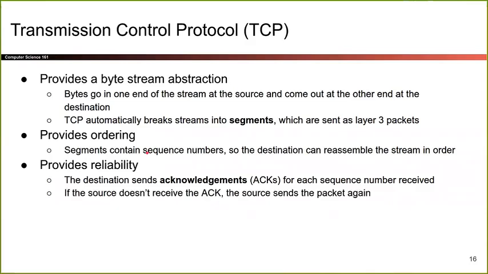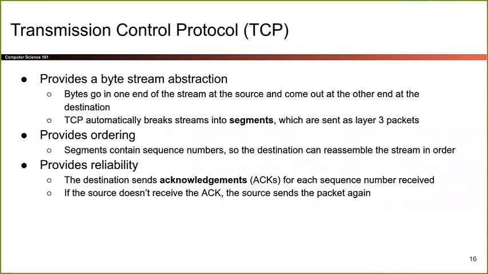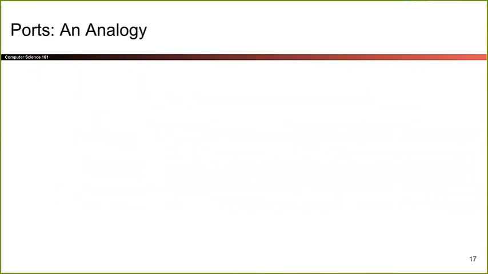And we said this also, but if you don't receive the ACK, so if I send a message and an ACK never comes back, so I have no idea whether they received it or not, I'll usually just send it again and again until I receive the ACK. So that is basically the way to provide reliability. That's basically it for the high level design of TCP. So now we can start digging in.